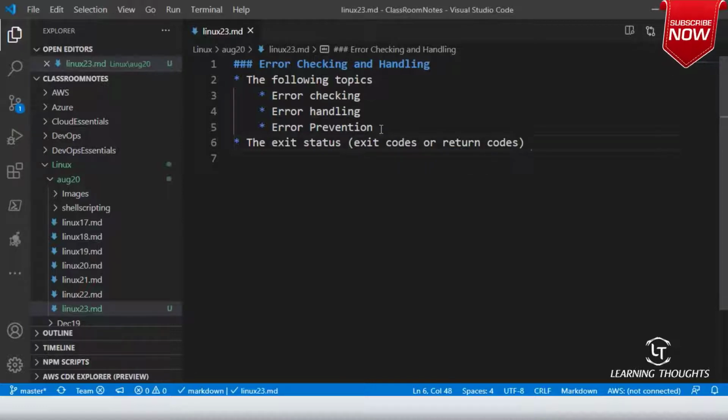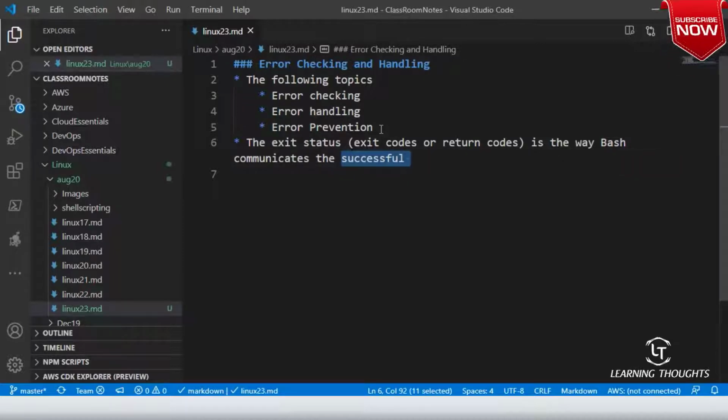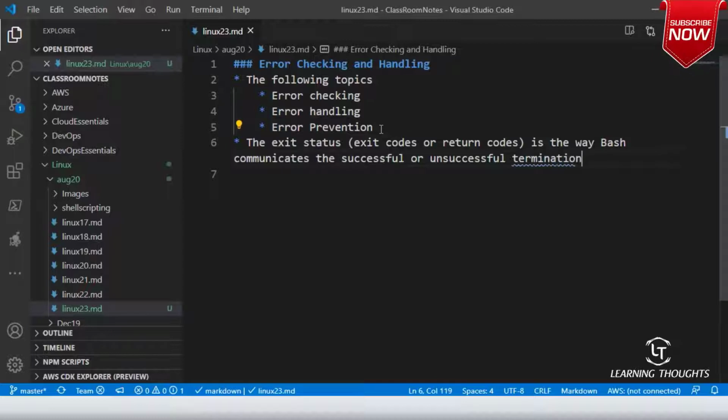This is the way bash communicates the successful or the unsuccessful termination of a process to the parent.